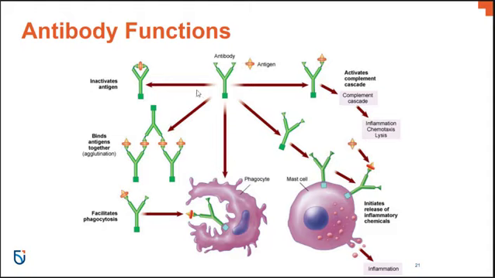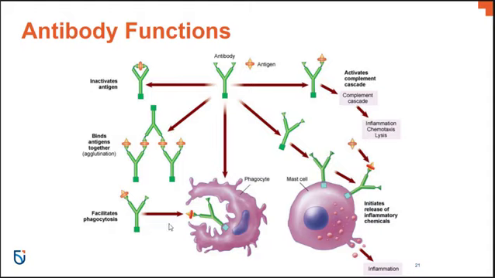As you can see in the diagram, we have an antibody, and it's going to either recognize this antigen as being self or non-self. And if it recognizes it as not self, or foreign, then it will produce one or more effects. It may inactivate the enzyme, transforming it to something that's not harmful anymore to the body. It may also cause agglutination. Agglutination is the clumping, and in this case, the clumping of antigens together. And this will allow the antigens to be more easily accessible by macrophages and other phagocytic cells in order to